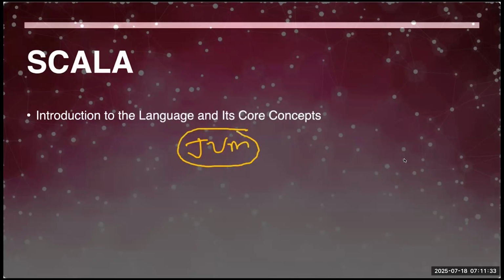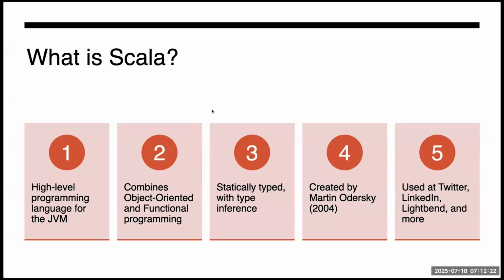It runs similar to how Java code runs, but it is different from Java. You can use some of the Java libraries in Scala, and Scala libraries can also be used while working in Java, because both are converted into bytecode and then run on the JVM. So it works both ways. If you want to use libraries from one to the other, you can. So it is a high level programming language for the JVM.